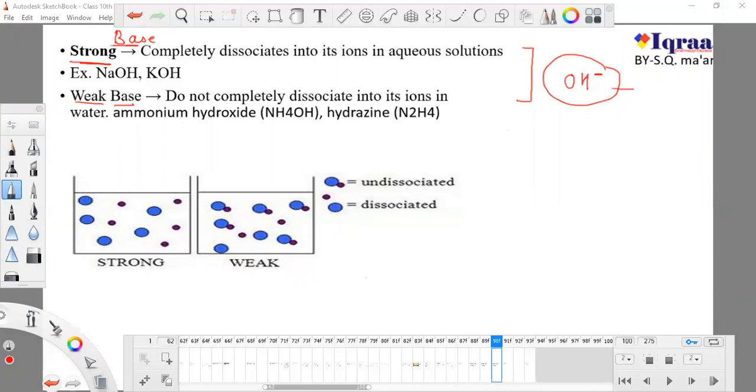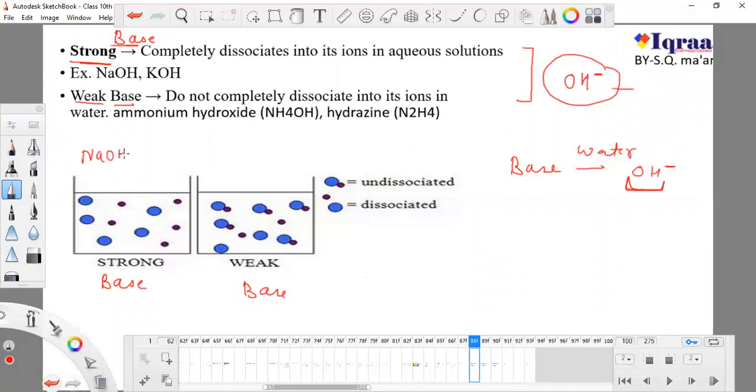Now here you can see it is a strong base and it is a weak base, and I have added water to this because any type of acid or any type of base needs water to release. Base also needs water to release its OH ions, remember this. Now this is the strong base, NaOH, and this is the weak base, NH4OH. Remember, this is sodium hydroxide and this is ammonium hydroxide. This is ammonia, and this is sodium, don't forget.